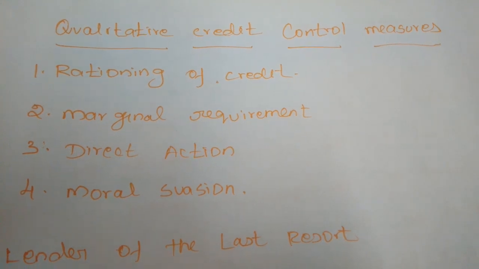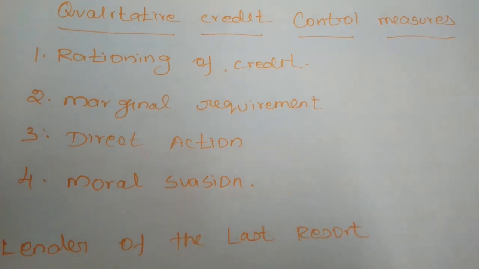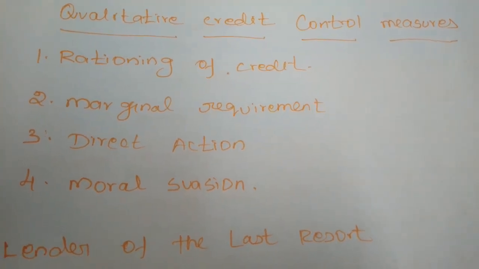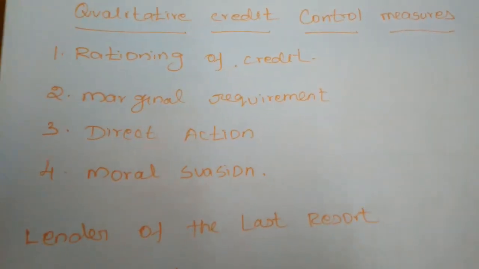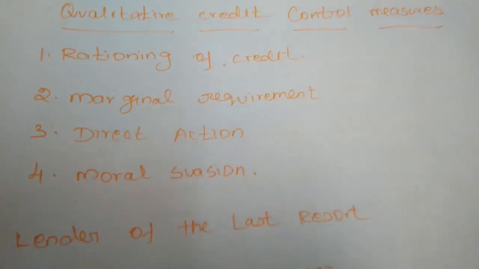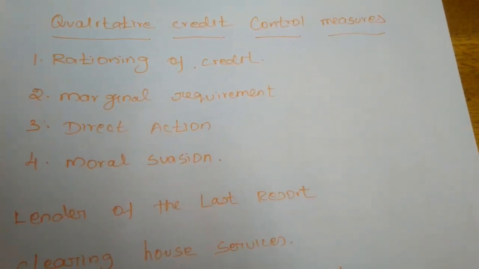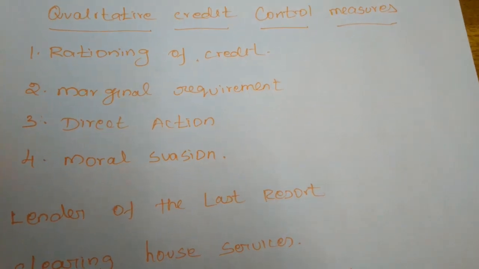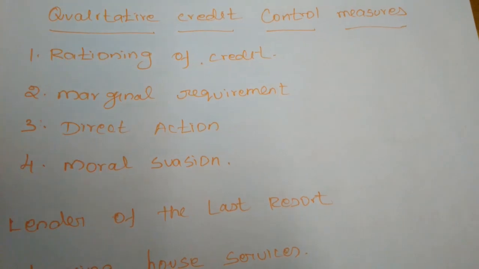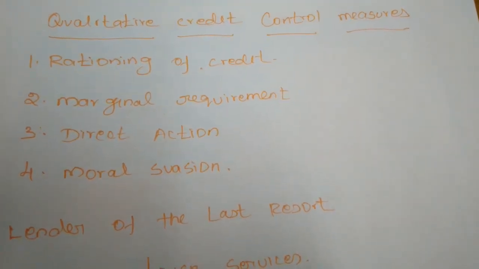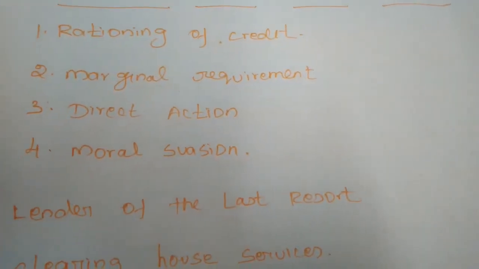Normally commercial banks provide money to all the sectors, even industrial sectors, agricultural sectors or service sectors, and those who want to borrow the money will get it. But sometimes, if the Reserve Bank of India wants to bring the credit under control, it will fix the rationing of credit. Under the rationing of credit, the Reserve Bank of India will impose on the commercial banks to reduce the credit amount.